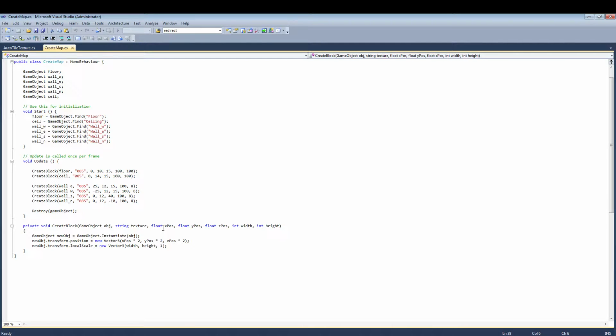You plug in where you want it to be, the X, Y, and Z position, and then how big and how wide you want it, the width and the height. And basically what it does is it just instantiates a new version of that, puts it in the position, and then scales it to whatever you want. And right here I call it a few times. I call it once for the floor, where I plug in all the numbers to put it in that position. I create the ceiling, which is, as you can see,